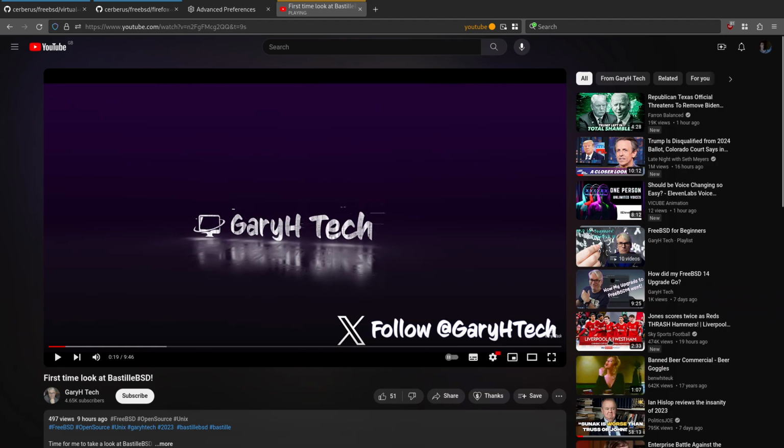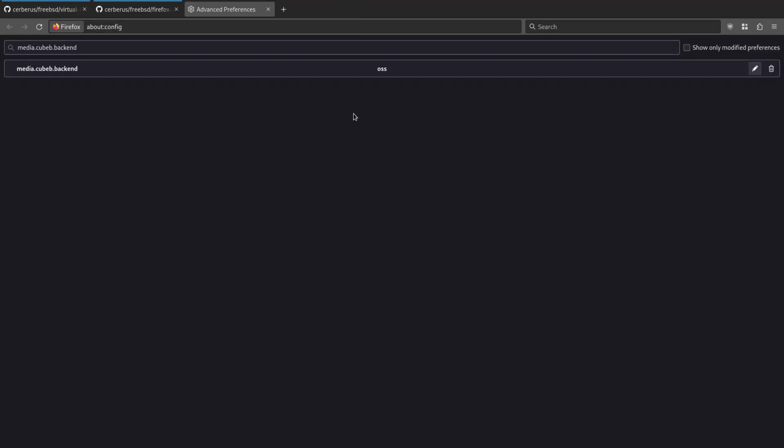Okay, so you can see there we're capturing the output from Firefox with the audio set to OSS instead of Pulse Audio. So what I'm going to do is actually go through all the steps to get this working. So what I'm going to do is come across to my notes. So first thing, we actually need to